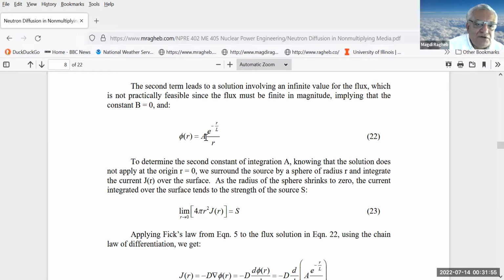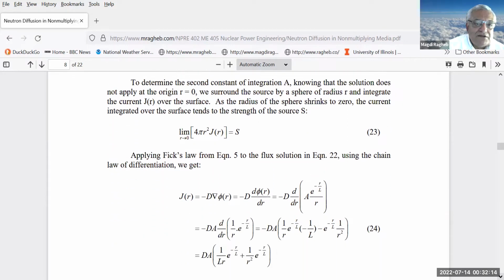So how do we determine the constant A? Now remember that we had ignored the source term on the right-hand side, and that's why we also called it diffusion in non-multiplying media. We called it a source problem. We can use the pillbox method from electromagnetics, surround the source by a small little sphere, and